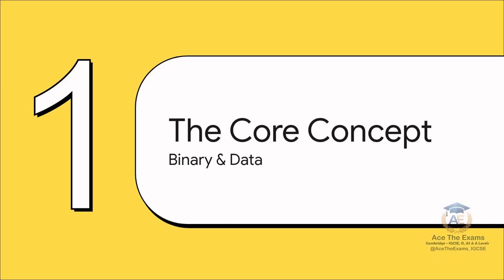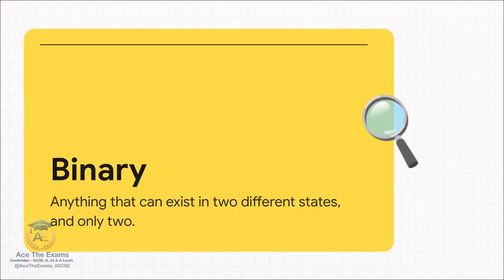Section 1. The core concept, binary and data. Let's get into it. Okay, the absolutely crucial point to remember is that a computer is, at the end of the day, just an electronic machine processing data. And to do that, it relies entirely on physical components that have just 2 states. Think of a standard light switch. It's either on or it's off. There's no in-between. That is the true definition of binary, anything that can exist in 2 different states, and only